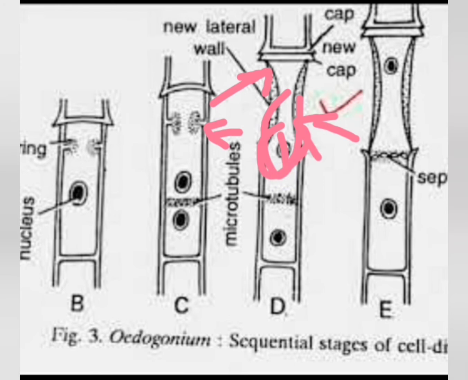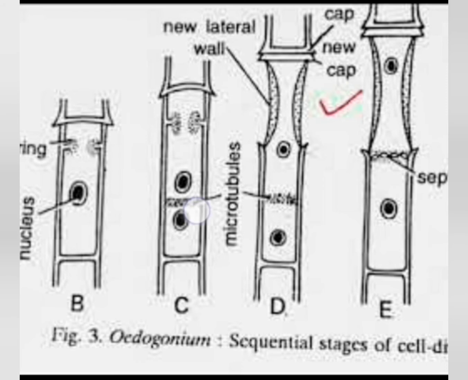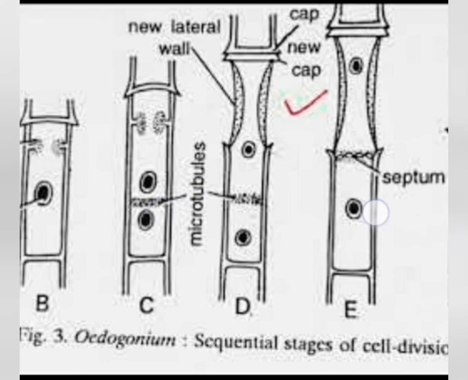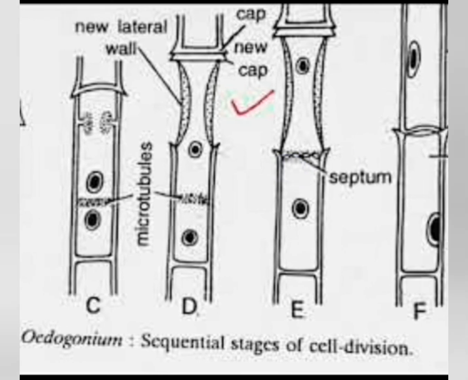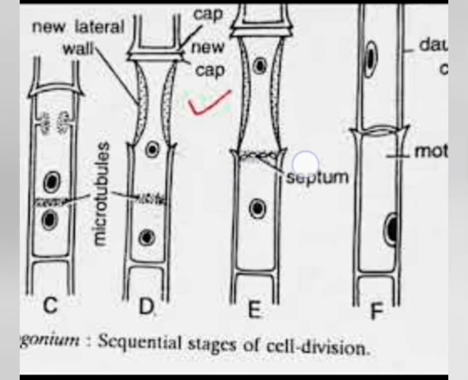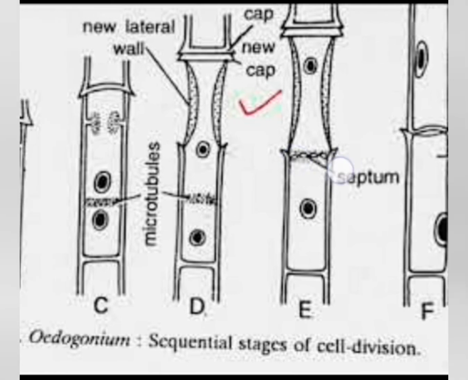basal region here. Now what happened, this microtubule finally forms the septum. Now what is a septum? It is actually a dividing partition. You can see here the septum is a dividing partition between these two cells. It starts to form, and this septum will gradually grow to the base of these daughter cells,